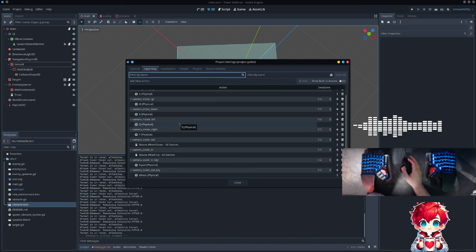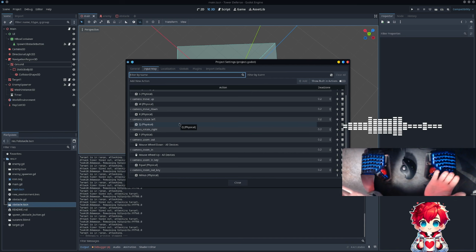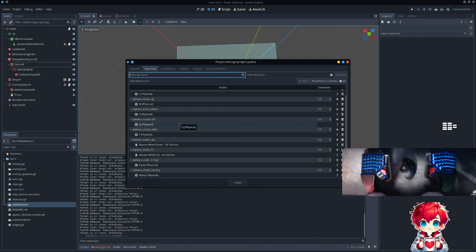If I ever actually get to the point where I want to put it up on itch or something, I will probably change the default keys for the vast majority of people who are on QWERTY. But I will go back. You know, I made that template that has all the UI stuff, including setting up keybinds. So, anyway,